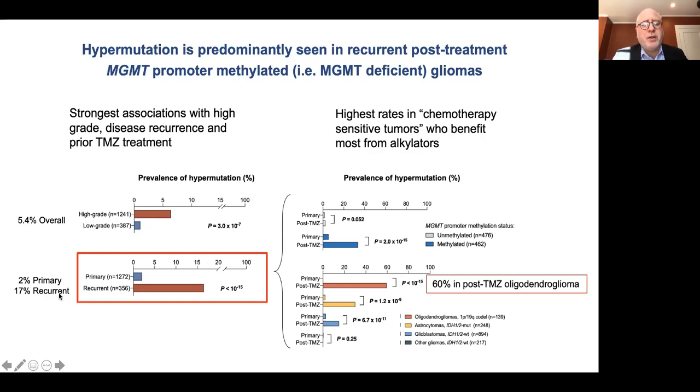Recurrent tumors had a rate of about 17%, whereas primary or newly diagnosed patients untreated had a rate of only 2%. And the patients who most frequently had this hypermutation phenotype were readily identified as those who were chemotherapy sensitive and those who benefited the most from alkylator chemotherapy, specifically MGMT, DNA repair protein status for its promoter. Those patients who were methylated and MGMT deficient had a high rate of post-treatment